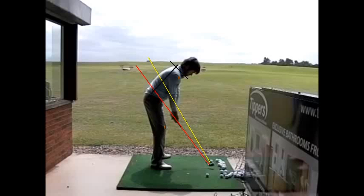Okay guys, so we're going to do a real quick analysis of Robert's rear view swing. I'm not going to do the forward view or caddy view, just kind of my choice on this, but I have the A-OK from Robert to do this, so he doesn't mind. So anyway,